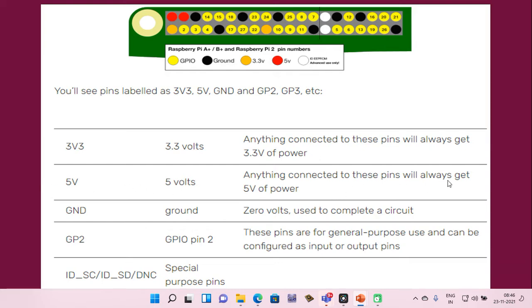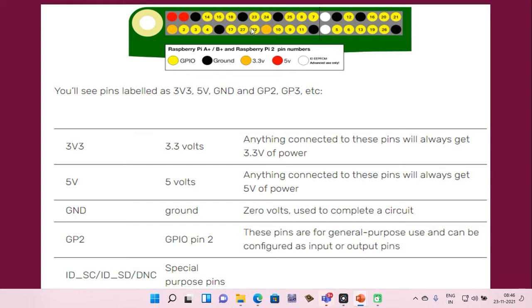Anything connected to these pins will always get 5 volt power. If you see red color, it's 5 volt. You see this color is 3.3 volt. Black color is the ground and yellow color they are the GPIO. So this red color 5 volt, this is 3.3 volt. Black color is the ground and yellow color they are the GPIO pin.